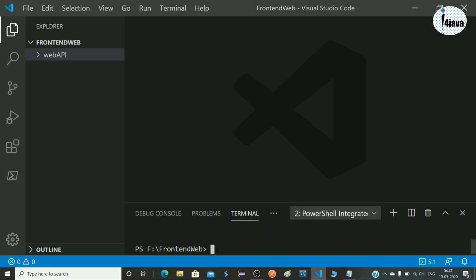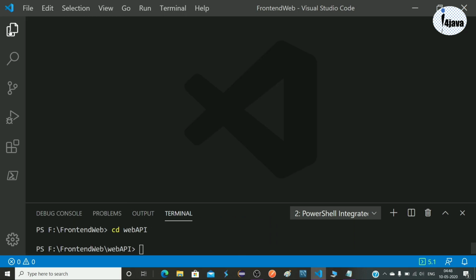For that we have to go into our work directory, wave API, and run ng serve. This command will execute this application. Press enter.